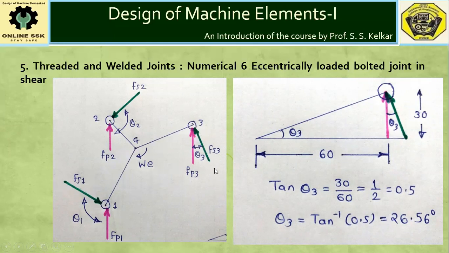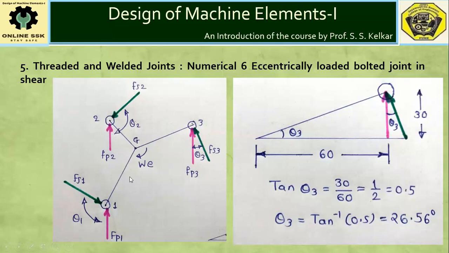A line drawn perpendicular to this line is the line of action of secondary force Fs3, and the upward green arrow shown for Fs3 will cause anti-clockwise movement of the bracket. Therefore, this shown direction is the correct one. Here also we have shown the angles between primary and secondary forces.